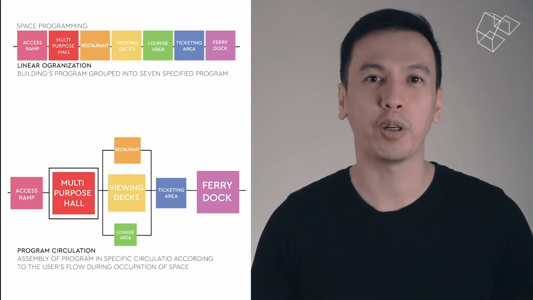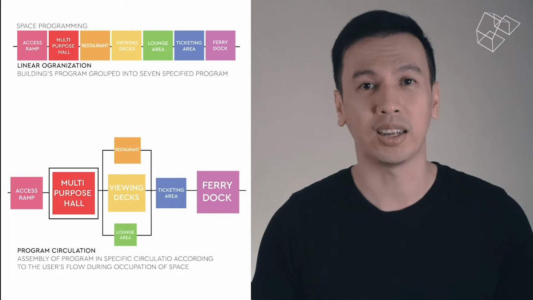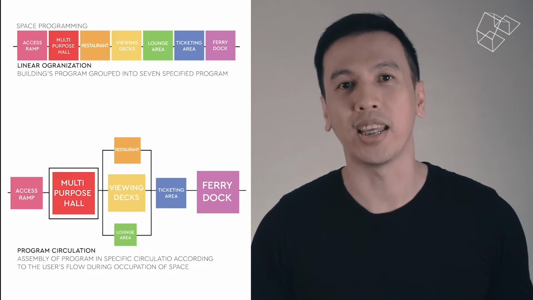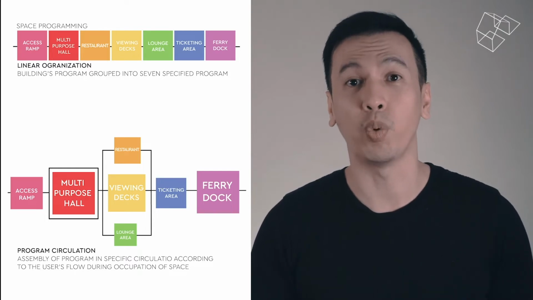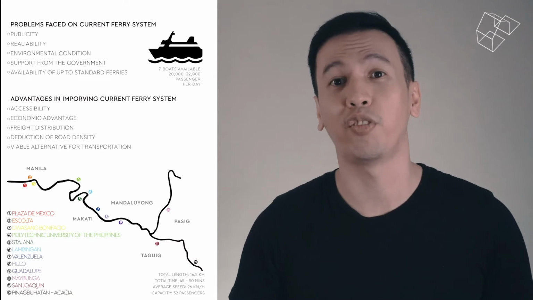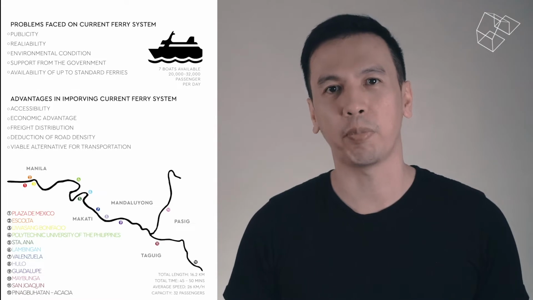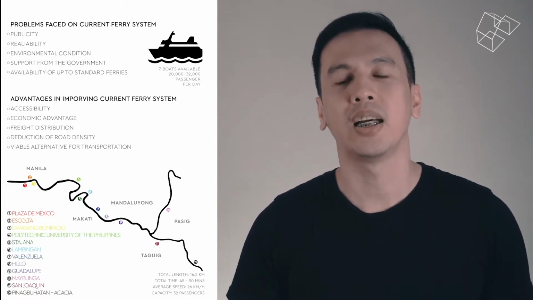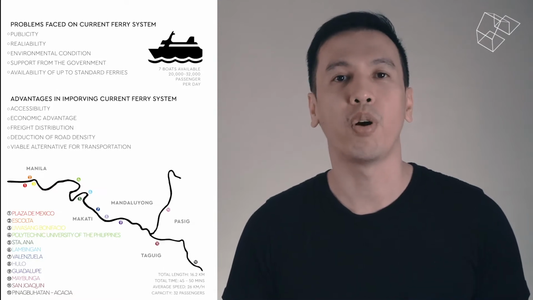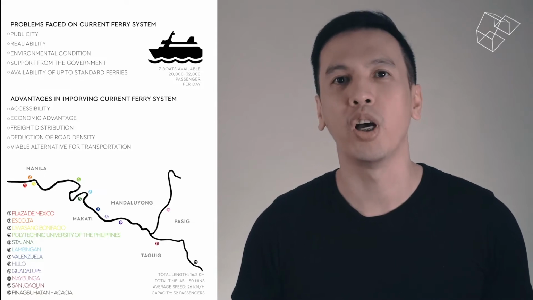And we see the space programming based on color, which he classified into two. One is very linear, like a list of spaces, and the other one is based on how people will move around the building, or circulation. Of course, we're not going to discount this kind of information presented by the student, because this is stretching the project far to advance, and this exercise is all about creating parameters for the architectural form, and I'm not sure if this is going to be useful for that